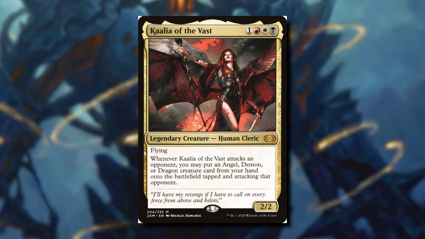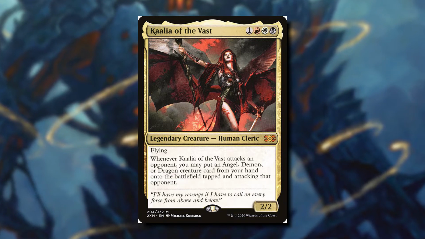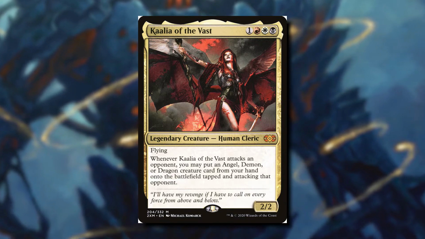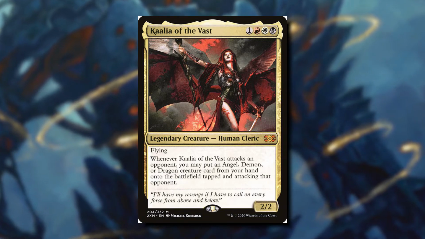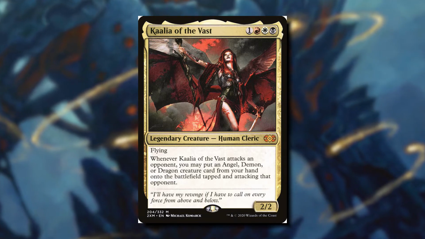For 1, a red, white, and black, we have a 2/2 human cleric with flying. Whenever Kaalia attacks an opponent, you may put an angel, demon, or dragon creature card from your hand onto the battlefield tapped and attacking that opponent. This is an amazing thing Kaalia can do. She's able to cheat out these huge creatures, and it's crazy, and they're definitely going to make her a huge